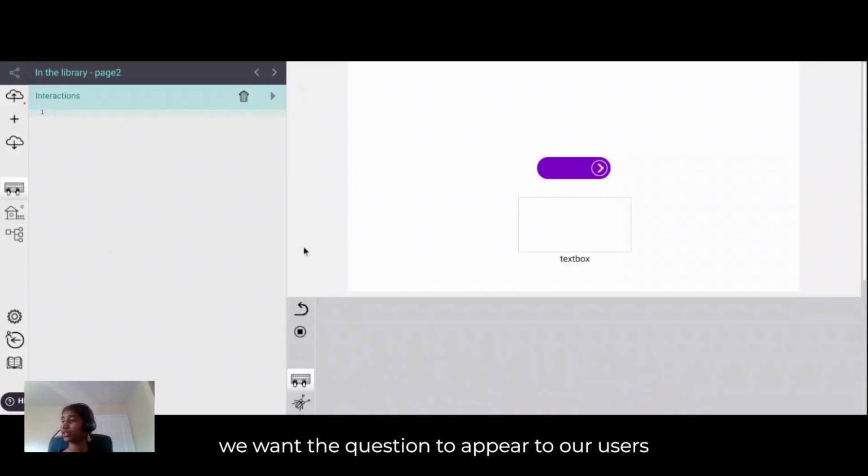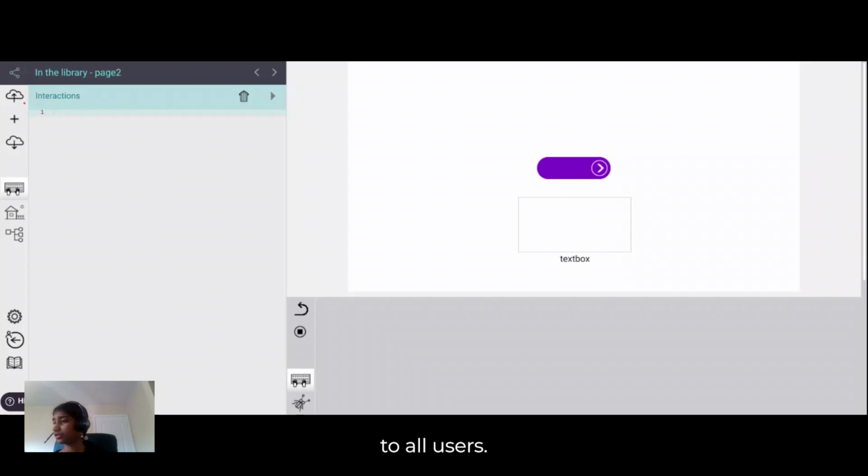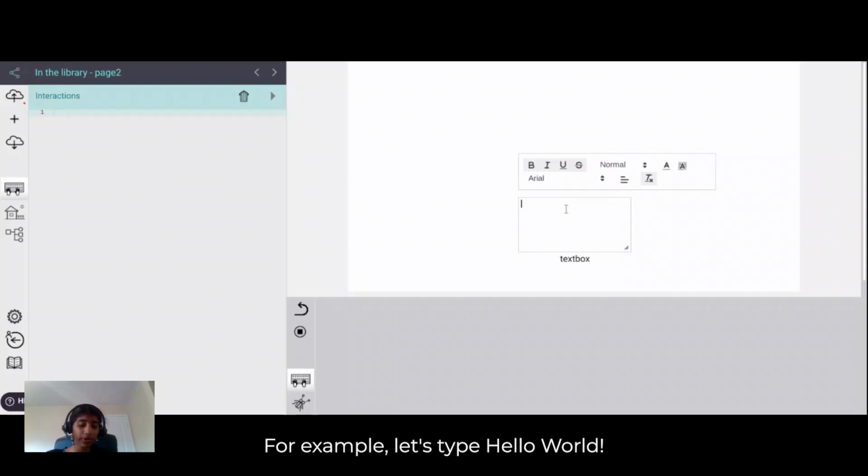We know that we want the question to appear to our users within the text box and to provide different ways for the user to interact with the question. The first thing we can do is create a procedure that allows the text to print in a way that it is accessible to all users. Let's type a sample message in the text box. For example, let's type hello world